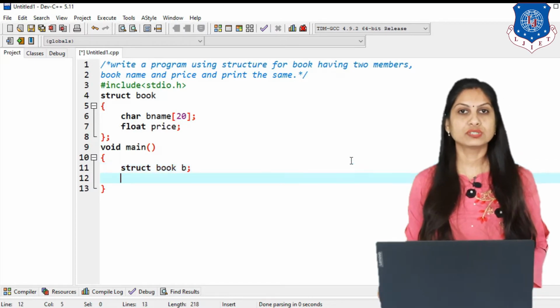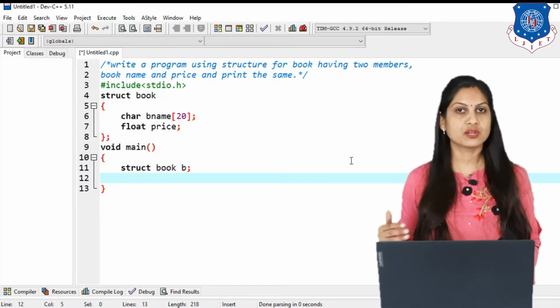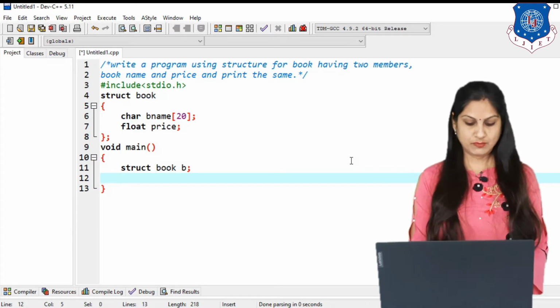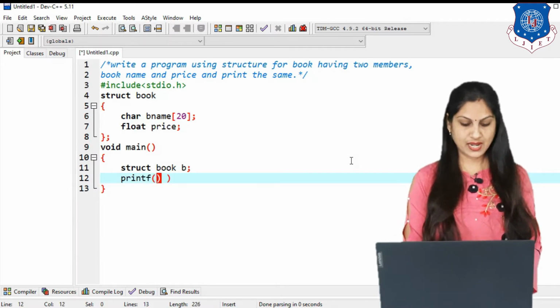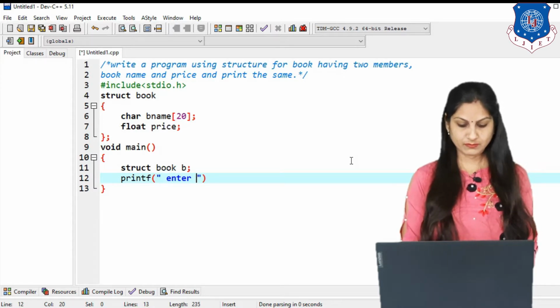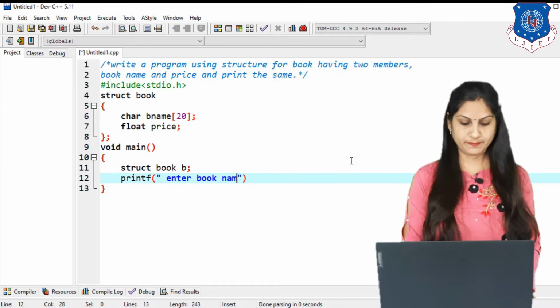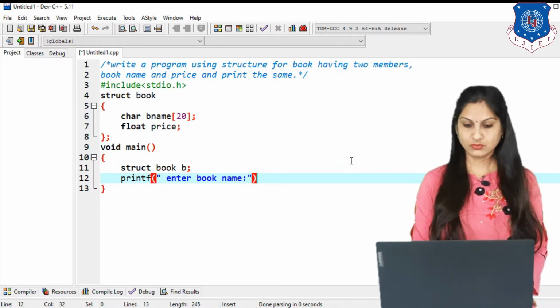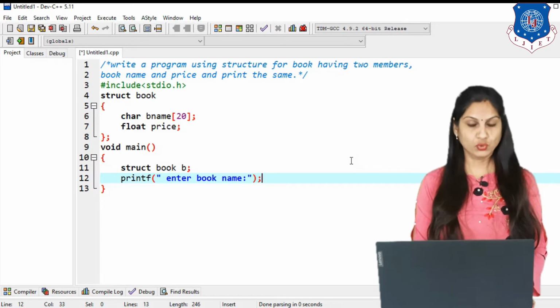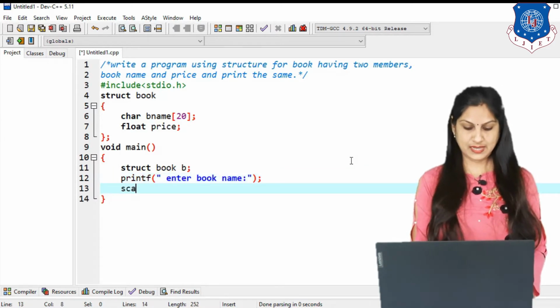Then we have to use printf and scanf functions to read the data. So I am using a printf message, and inside printf we are writing enter book name. Now you have to read the book name, so you can use the scanf function.